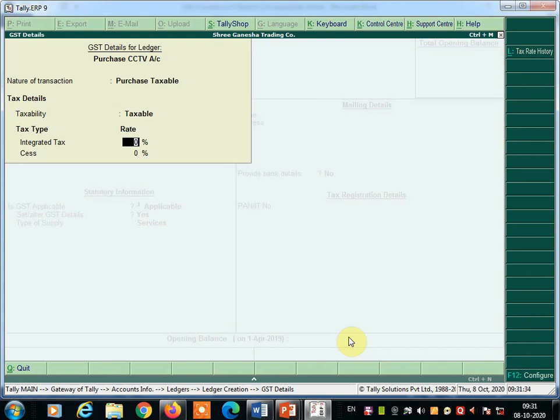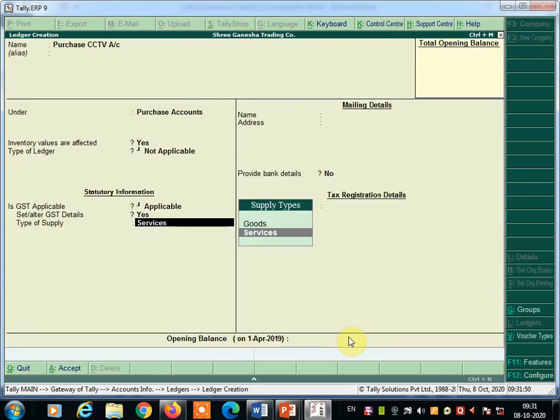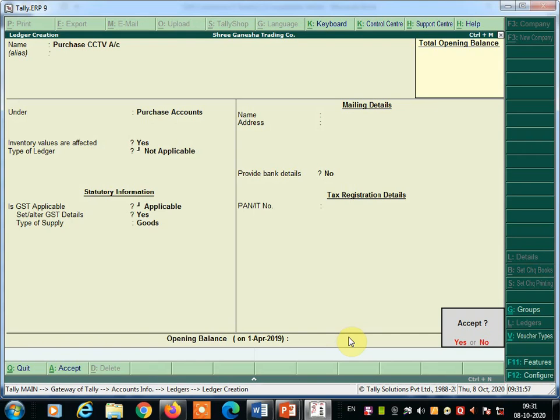Purchase taxable will show you all GST tax types. Type integrated tax 28%. Integrated tax 28% is given, so it will be classified as 14% CGST and 14% SGST. Press enter key and here you have to select goods and press enter key. So this way we created the purchase ledger.